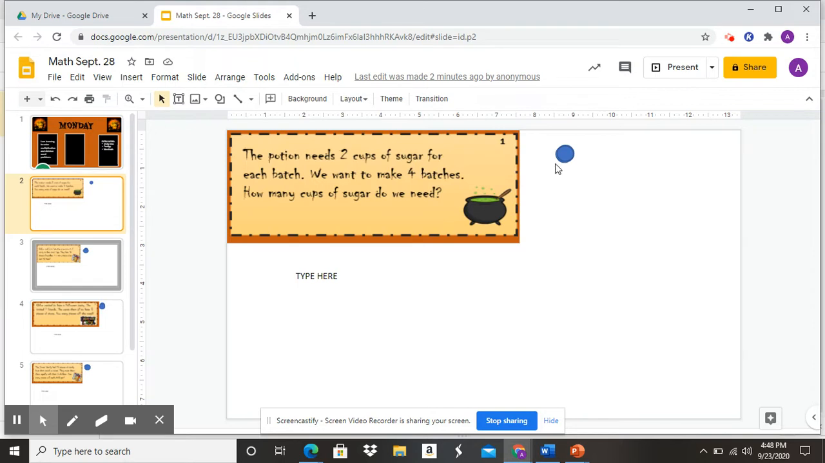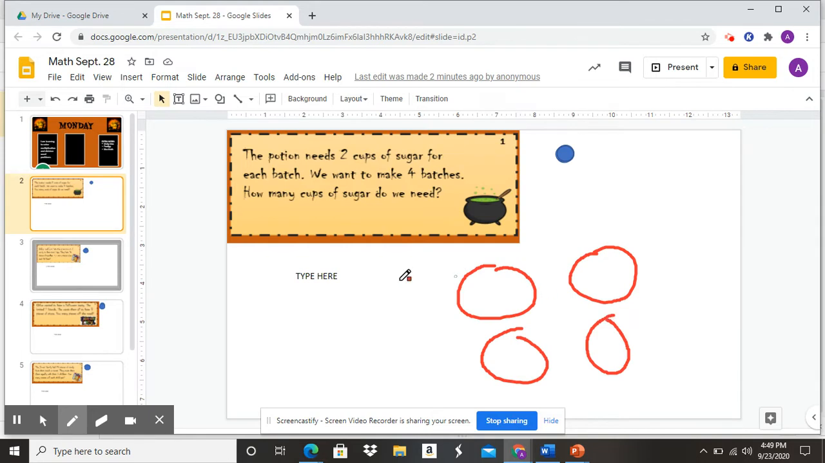So what I'm going to do is I'm going to use my dots here to drag. So I have to have 4 groups. So I'm going to draw my 4 groups. That's 1, 2, 3, and 4, okay? So I'm going to take, and how many do I put in each group? Well, the potion said I need 2 cups of sugar for each one. So I need to drag 2 dots down here for each group. So that's 1 and 2,